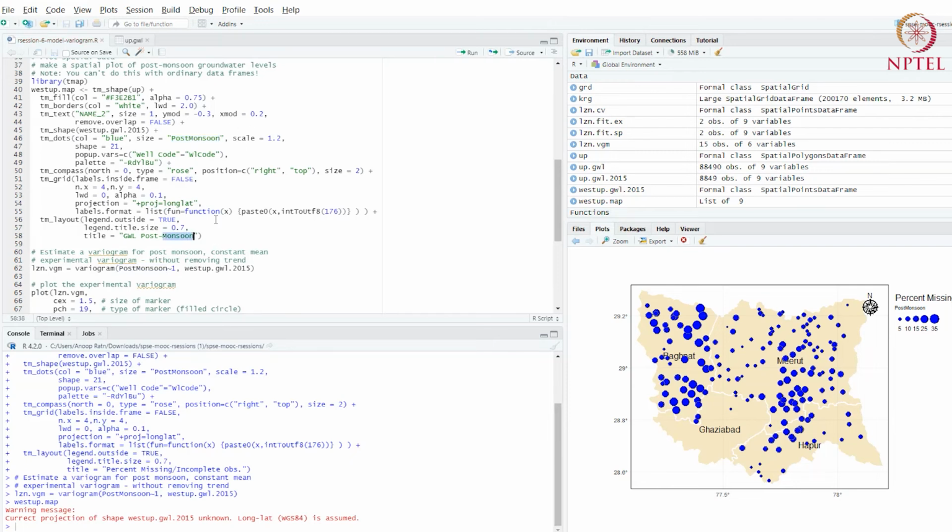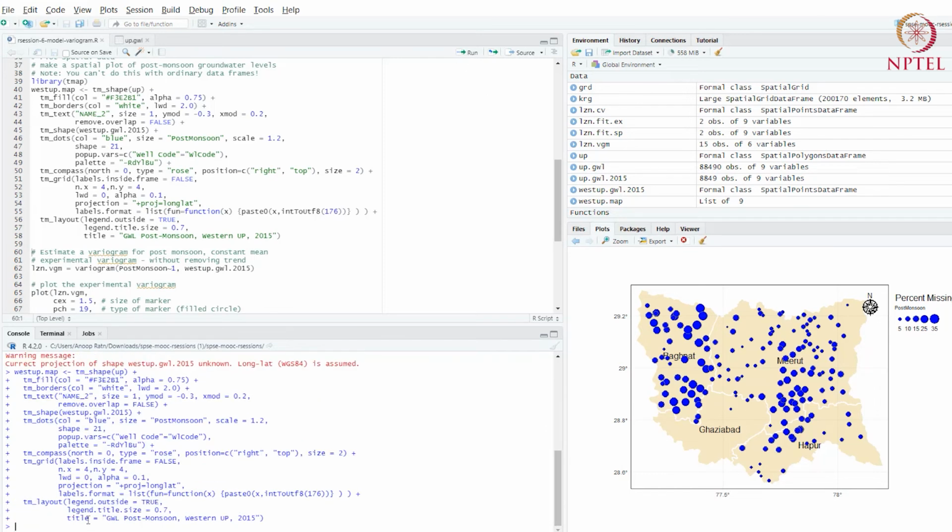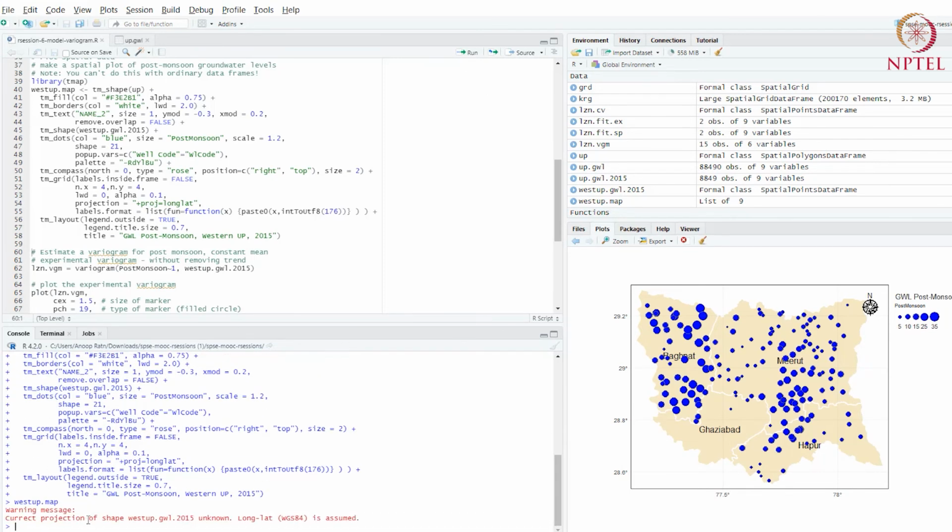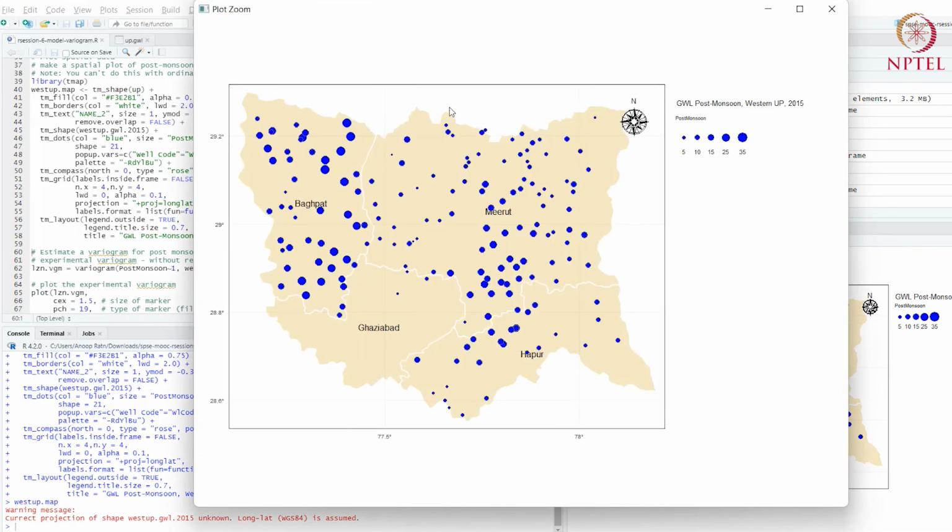So groundwater level post-monsoon, Western UP 2015. It's actually just a part of Western UP, but that's good enough for now as a title. So let's run this again, and let's see the map again. And now we have the right title, groundwater level post-monsoon Western UP. Let's zoom this in and see.